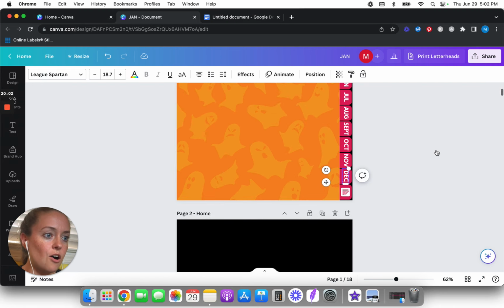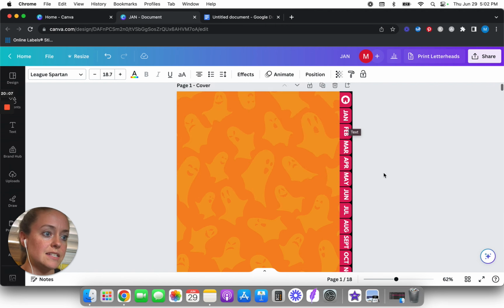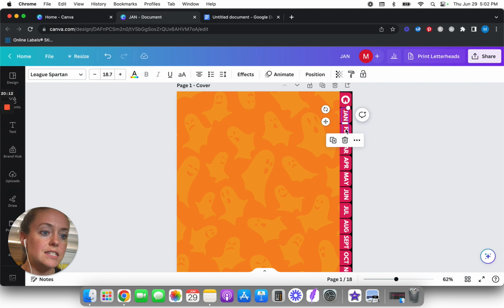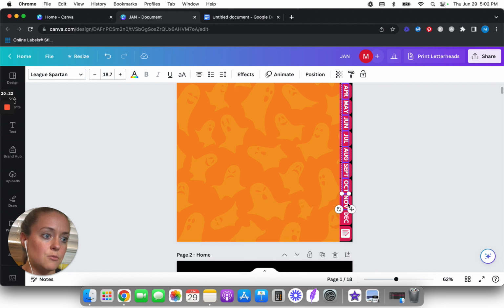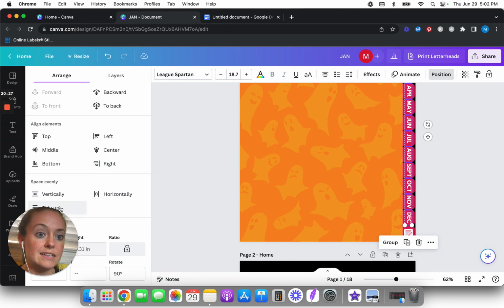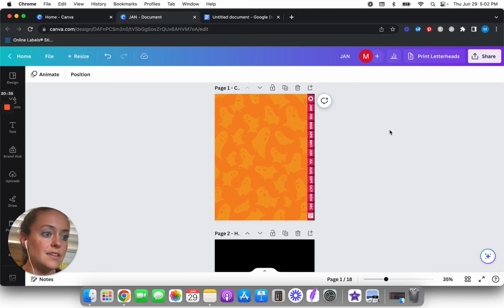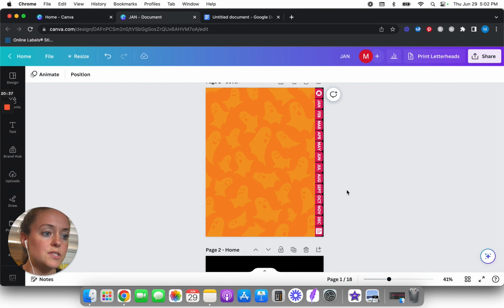Okay, so I've gotten all of the text put on the tab. So what I'm going to do is, I don't know if it's evenly aligned, but I know the tabs are. So I'm going to just select the tabs. I'm going to select this first one and hit Shift, and then select the rest of them. Once they're finished, I'll hit Position and hit Tidy Up, and that should fix it. So now our text is evenly aligned, and we have the Home tab and the Notes tab, and so we're